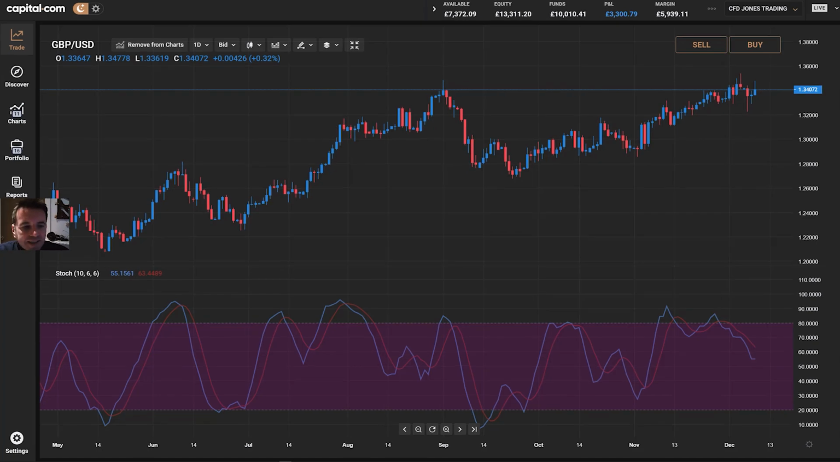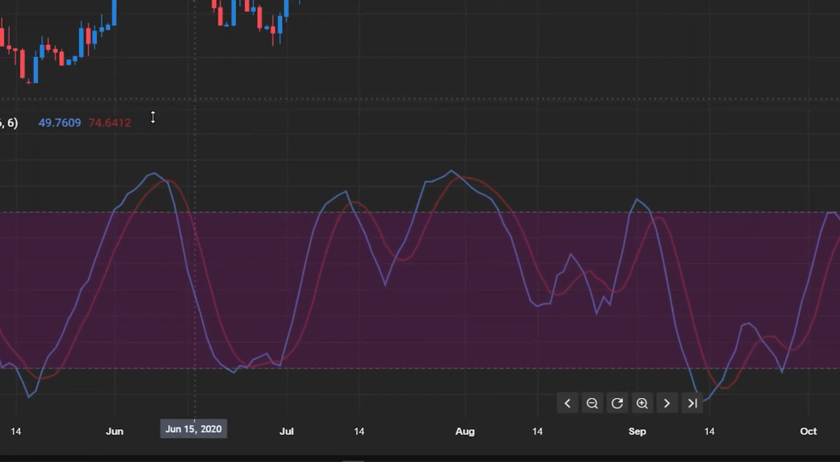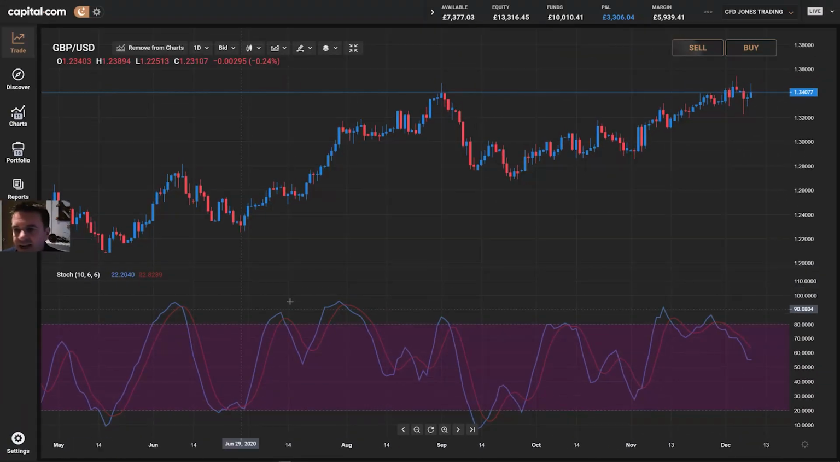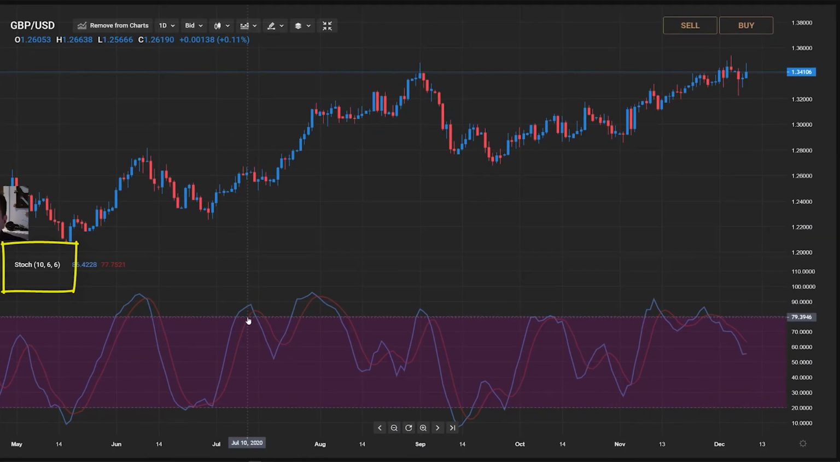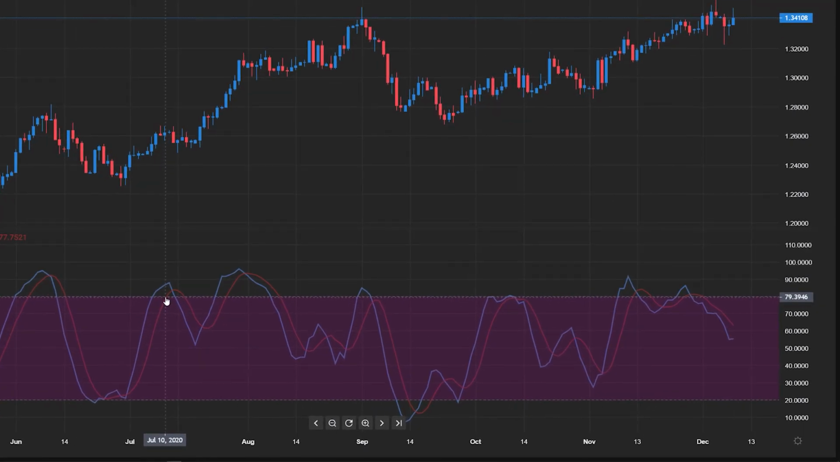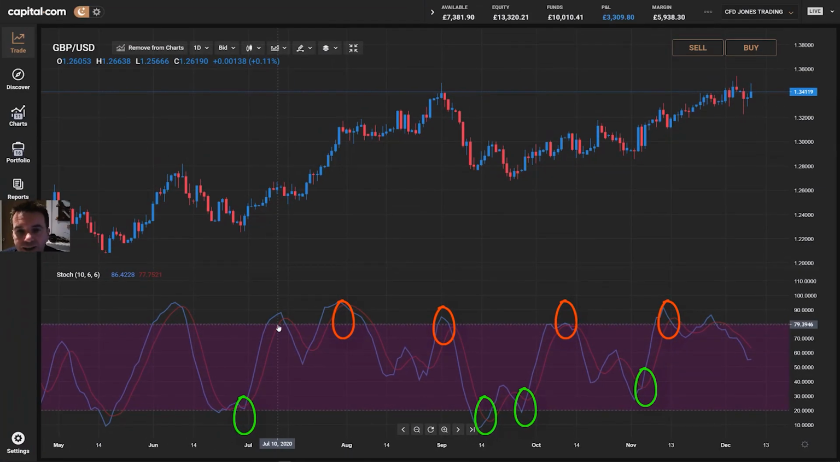This is the stochastic. I've got a 10-day stochastic here on the bottom of the chart. I've used the popular settings 10, 6, 6. Here is the chart of pound against the dollar, and you can see the stochastic is made up of a couple of lines generating various buy and sell signals on this chart. So in this video, I'll talk a bit about the theory behind stochastics, the maths that goes